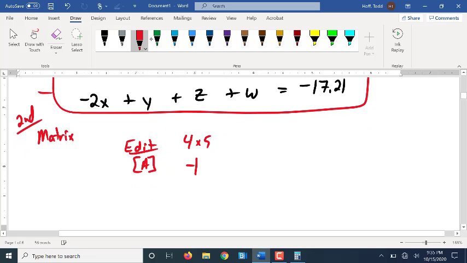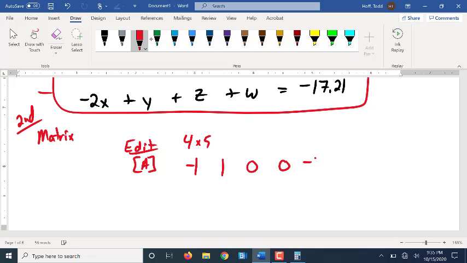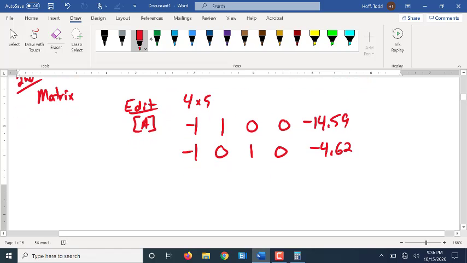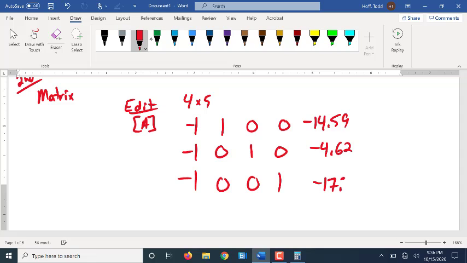So a negative x would be a negative 1, 1y would be a positive 1, 0 and 0, negative 14.59. Negative x is a negative 1, no y is a 0, 1z, 0w, negative 4.62. Negative 1, 0, 0, 1, negative 17.21, and then negative 2, 1, 1, 1, negative 17.21. So you enter that 4 by 5 matrix, you exit the matrix mode, and then you're going to have to